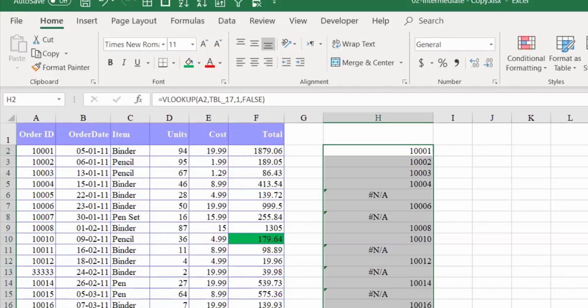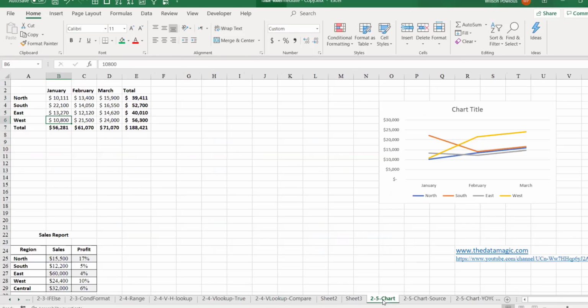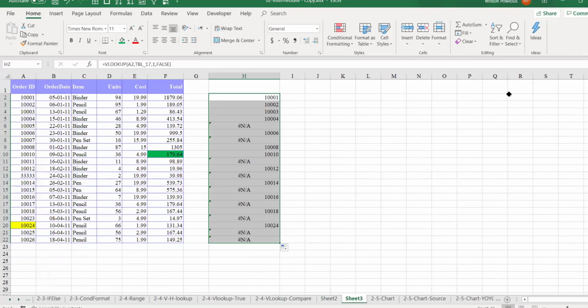Whether it is in the same sheet or different sheets, convert this as a table, then it is easy for you to refer from anywhere. So suppose you are here also, you can see that the table is here. Table 1 to 17, everything is here. So always it will be available throughout the sheet. So no need to refer with the sheet name and that exact cell number and all. So you convert as a table, everywhere you can see that.